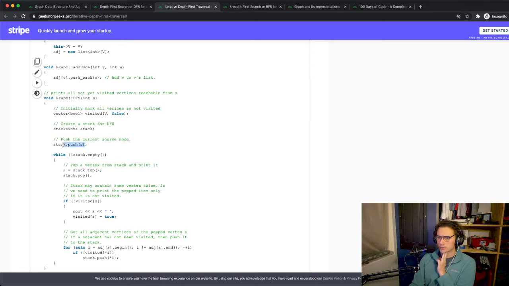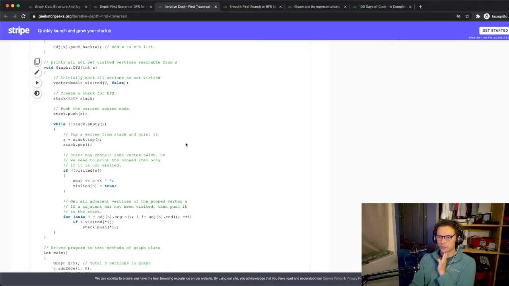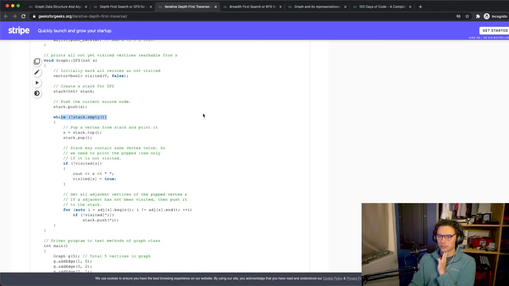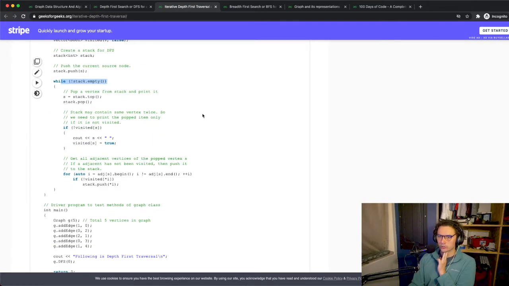Set the current source node. Oh, push it. Alright, so we start at the root, create the visited array, create the stack, we push the source node. The stack's not empty, so the while loop initiates, we pop the top of the stack, which is currently the source node,